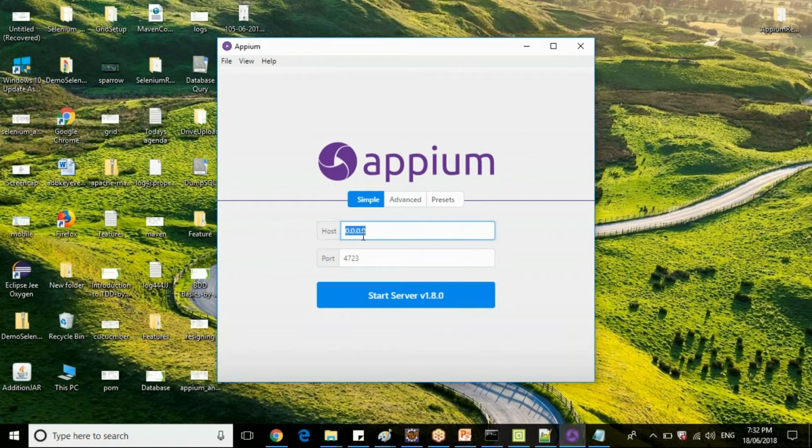It is like 0.0.0.0, or you can type localhost also here, because you are running your server locally, or you can just provide 127.0.0.1. Or you can give the IP address or machine name, whatever it is. So I'm giving the localhost address here, and the port that I need to start the APM server on. Okay, so click on the Start Server button.